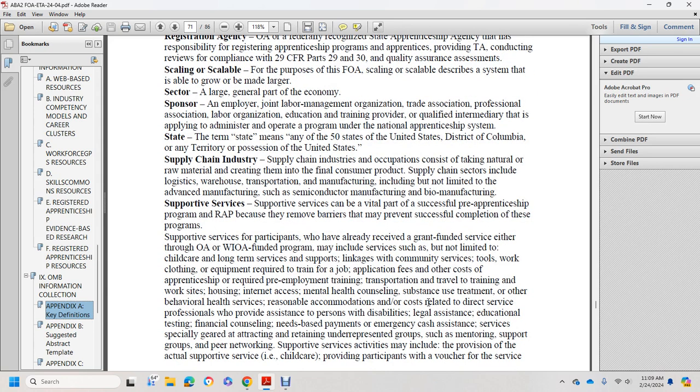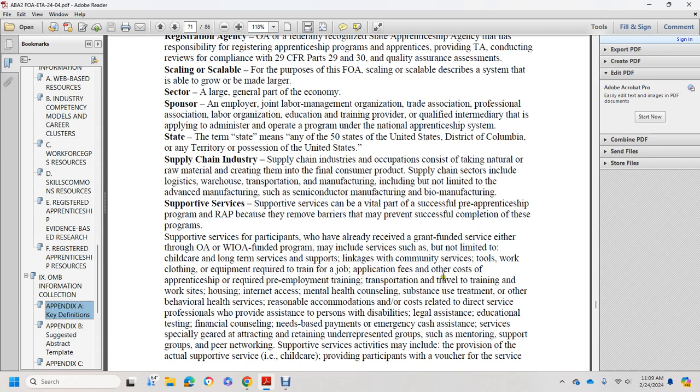Support services can be a vital part of a successful pre-apprenticeship program or registered apprenticeship program, and they remove barriers that prevent successful completion of the program. Support services are available to grantees funded by the Office of Apprenticeship or the Workforce Innovation and Opportunity Act, and may include, but are not limited to, child care, long-term services and supports, linkage to community services, tools, work clothing, equipment required for training or the job, application fees or other costs of the apprenticeship,